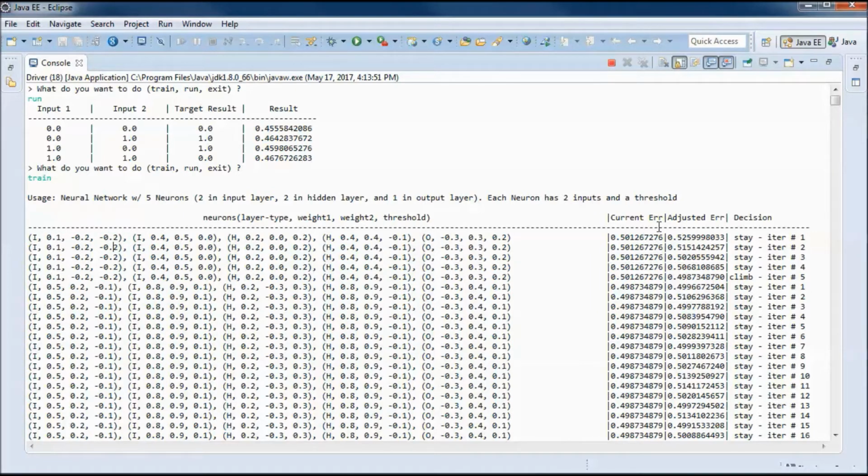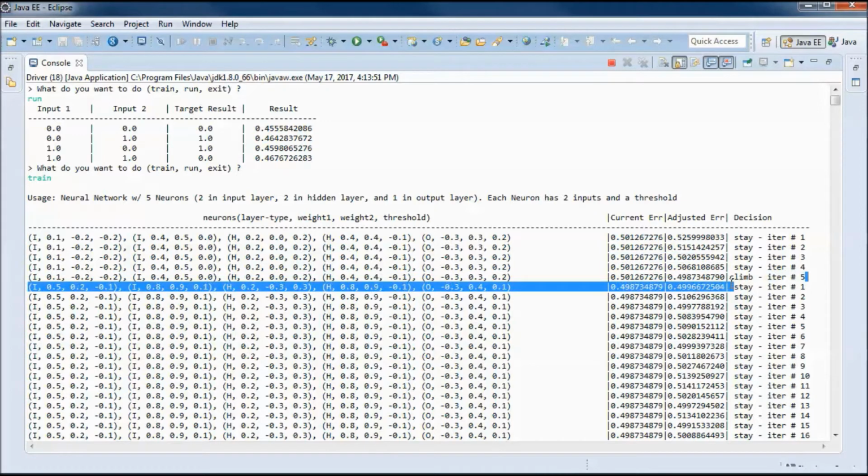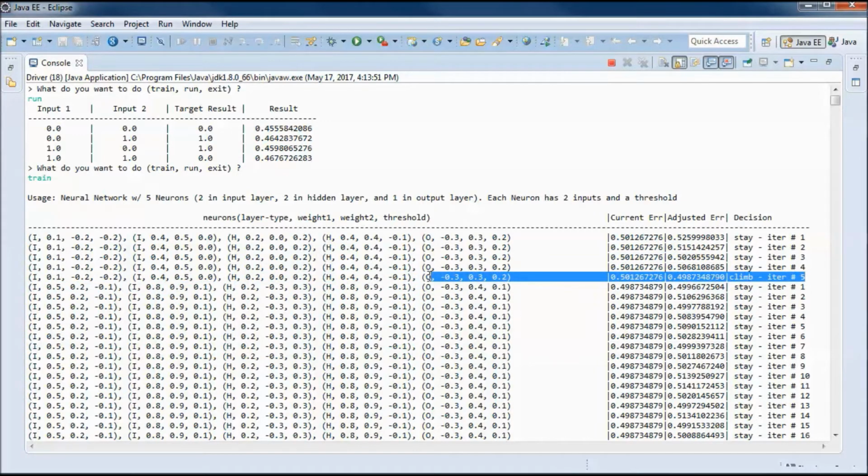And here we have the adjusted error is bigger than the current error. So we stay. We don't climb the performance hill. And we have the same here and here until iteration number 5.